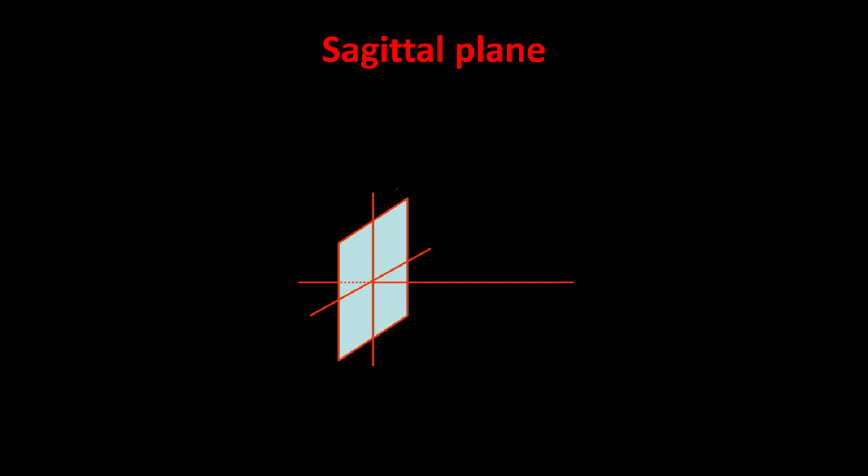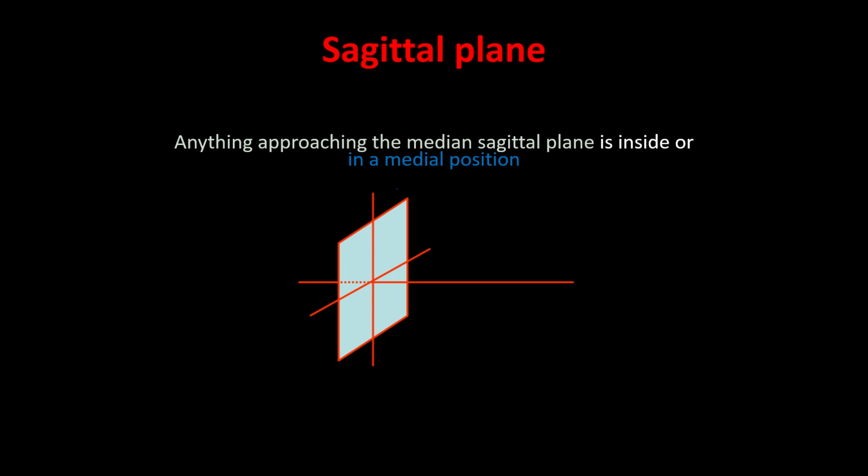The sagittal plane also divides the body into two parts. Anything approaching the median sagittal plane will be said to be medial, or in a medial position, and anything moving away from the median sagittal plane will be said to be outside or in a lateral position. So, if we want to position one organ in relation to another, the one that is closer to the sagittal plane will be said to be medial in relation to the other organ, and conversely, the organ that is far from the sagittal plane in relation to the other will be said to be in a lateral position in relation